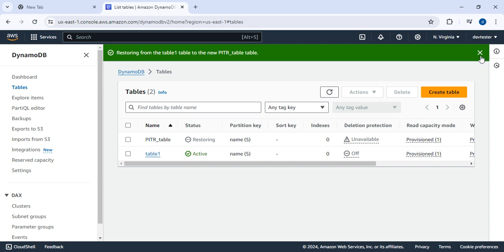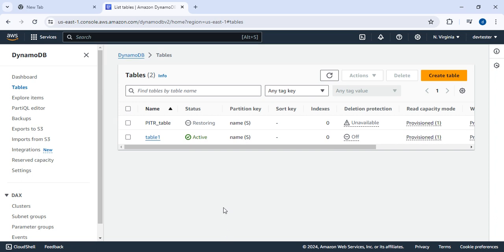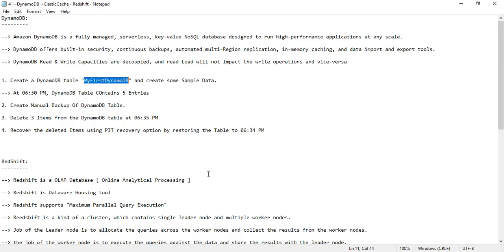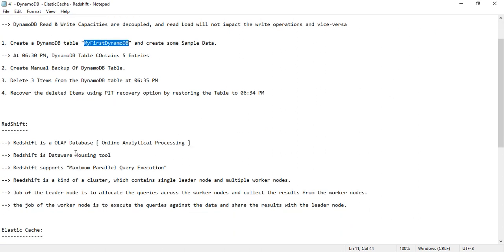It is still in restoring mode only. In the meanwhile, what we will do, we are going to the one more topic that is called Redshift. What is Redshift? As we discussed in the starting of the RDS classes, what we had discussed,